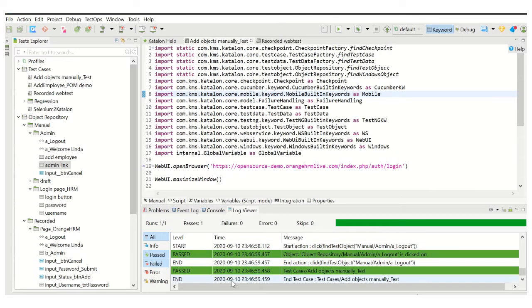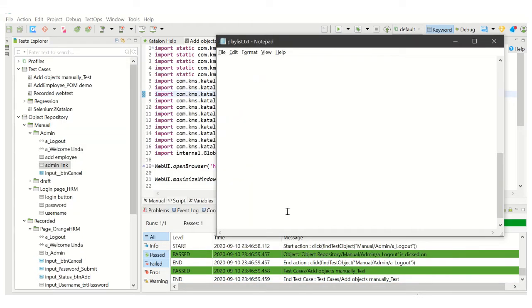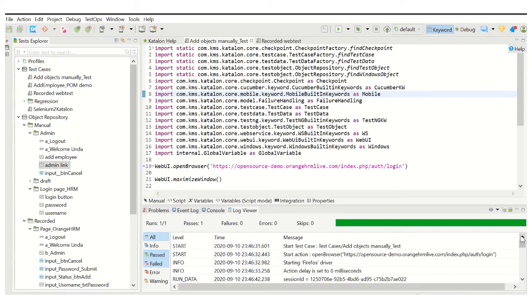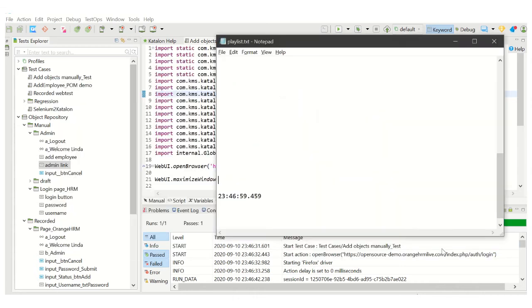As we see, the end time is 23:46:59.459, and let's see the start time. The start time is 23:46:31.601.